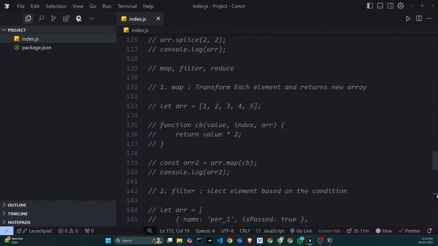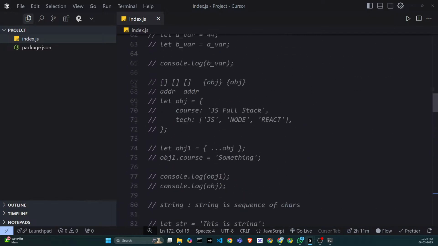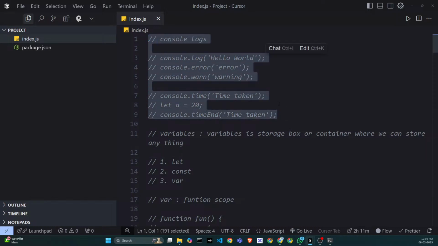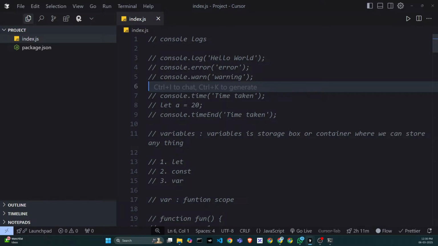Let's go through all the things we have learned today. First we learned the console logs. What are the different types of console logs? First, there is logging into the console. If you want to log a message, we can use log. If you want to log an error, we can use error. If you want to log a warning, we can use warn. If you want to calculate the execution time of a piece of code, we can use dot time and dot time